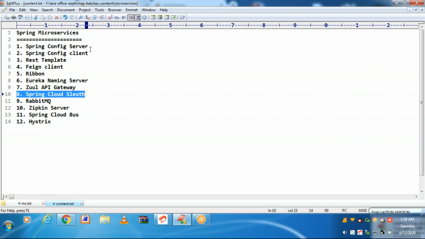In the console messages of different microservices, we can identify how the request is going. Tracing a request, for every request, it assigns one unique ID. Through that unique ID, we can trace a request in the distributed environment where multiple microservices are executing, if you want to trace a particular request.